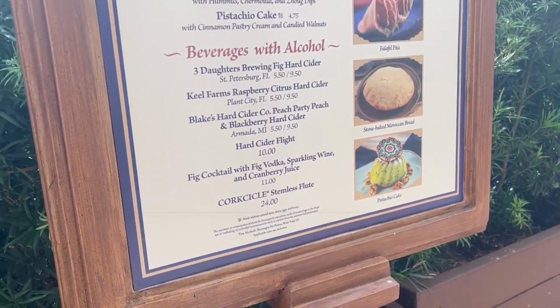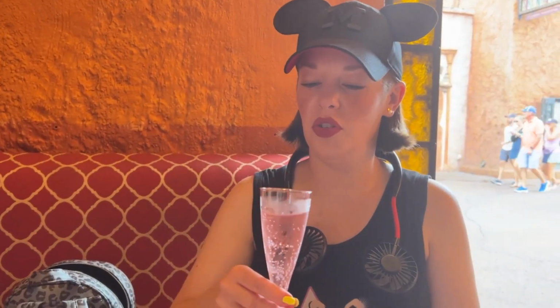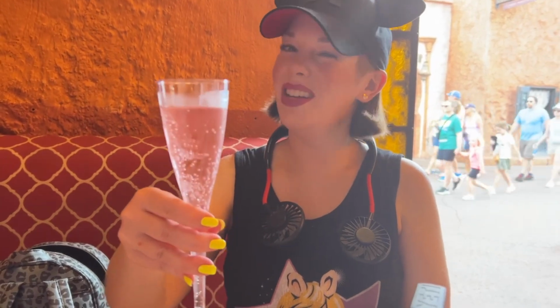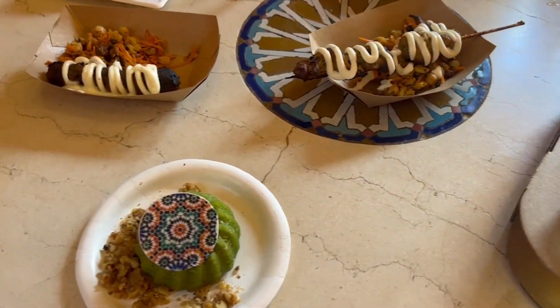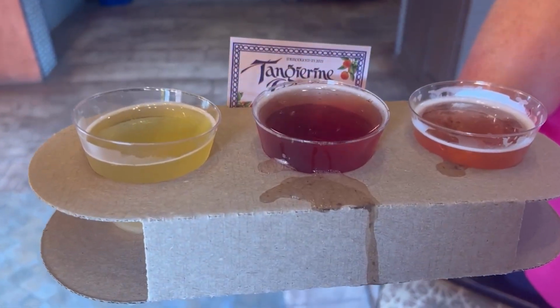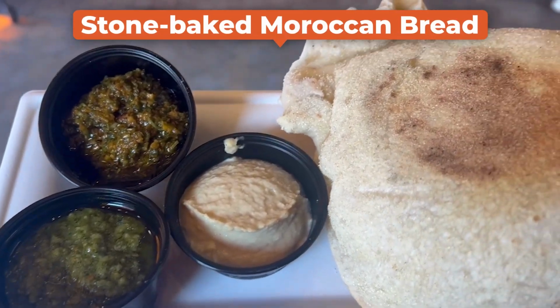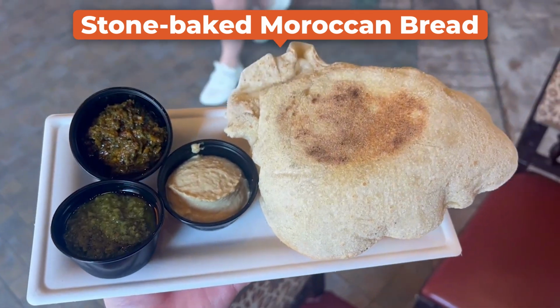Once again, this whole booth is pretty much solid, except for this. This is the fig cocktail, supposedly. I'm not convinced. It doesn't taste very good. It's a little too sweet. So don't order this, but you can order everything else, especially the cider flight. Even if you don't like ciders, it's still a very good flight. And the stone-baked Moroccan bread, and it comes with 3 different dips that are all excellent. So even if you just get these 2,